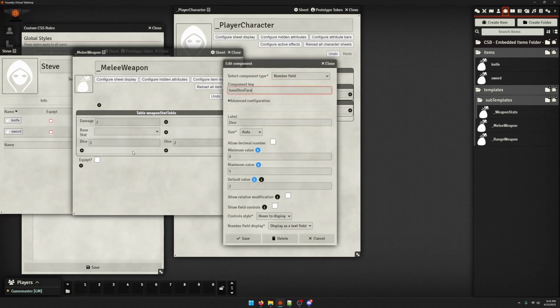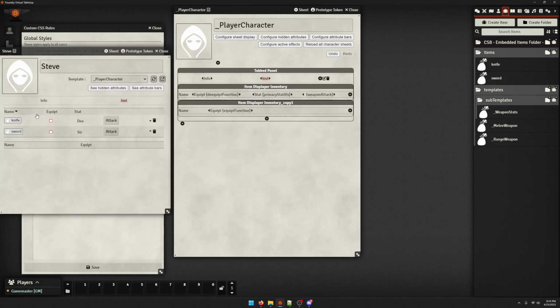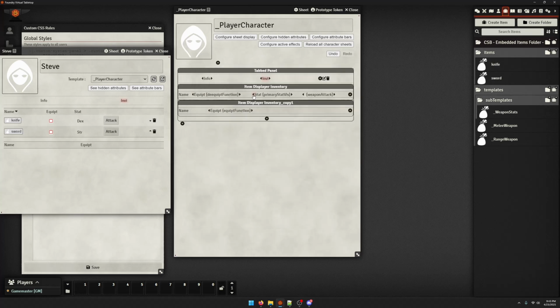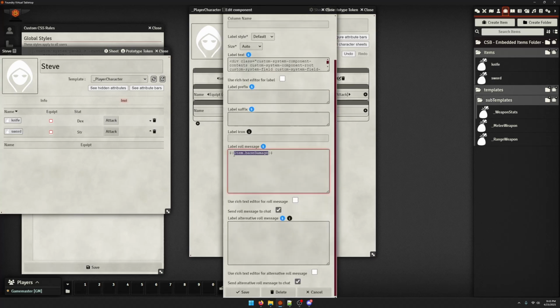Dice face. So we're rolling 2d, minimum 2 with a maximum of 100 because you have d100s. Default, let's say 4. Refresh, reload all item sheets. Again, that doesn't get the ones open already, unfortunately. So refresh these. So now we have 2d4, and you can use CSS and not put it in a table and do a bunch of things to make this look really nice. But let's now use those to go to weapon attack,